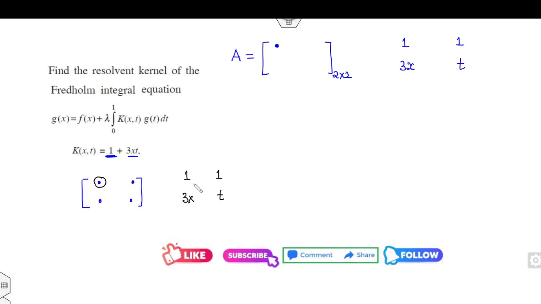पहली value कैसी आएगी, इन दोनों को multiply करिए और integration करिए 0 से 1 में। Fine, तो कितना आएगा, 1 into 1, integration करिए 0 से 1, तो answer हो गया आपका 1। Second value, जो ये second value है, ये कैसे आएगी आपकी, इन दोनों को multiply करिए और integrate करिए जो भी limits है आपके पास 0 से 1। इसका integrate करोगे 3x का 0 से 1, तो कितना हो गया आपका answer 3/2।